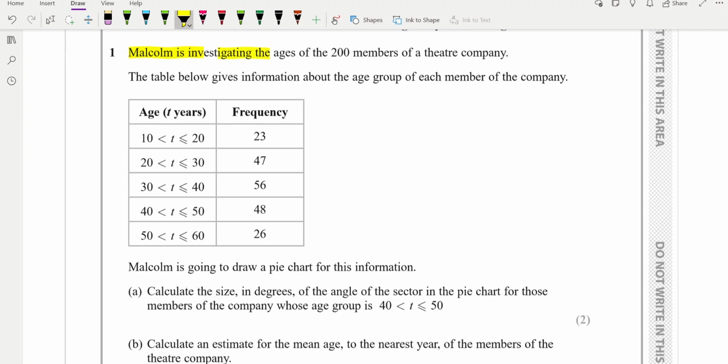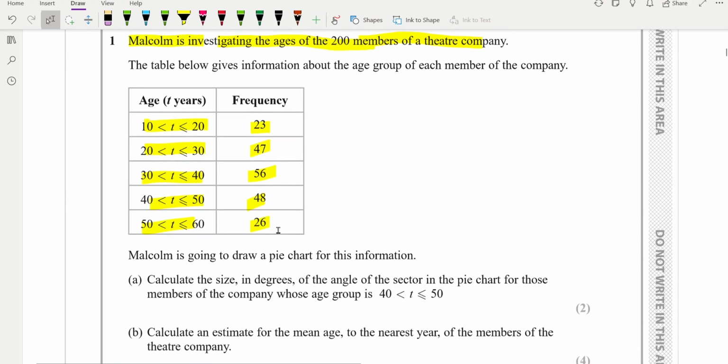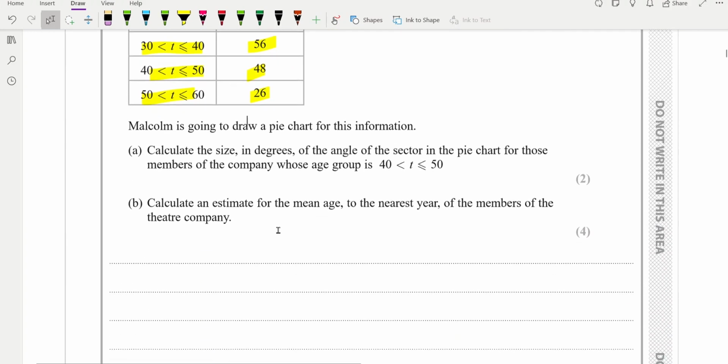Malcolm is investigating the ages of 200 members of a theatre company. The table below gives information about the age group of each member of the company. These are the ranges for the age and these are the frequencies provided. Malcolm is going to draw a pie chart for this information. Calculate the size in degrees of the angle of the sector in the pie chart for those members of the company whose age is between 40